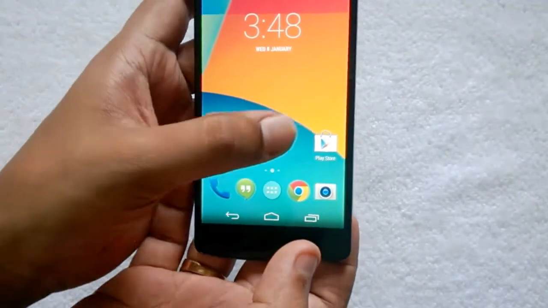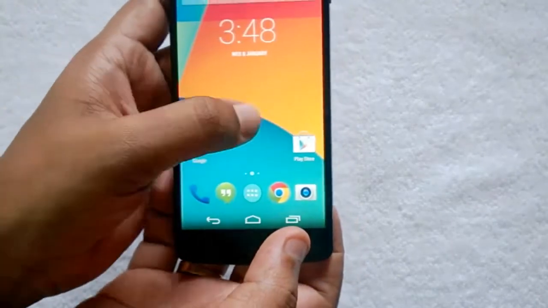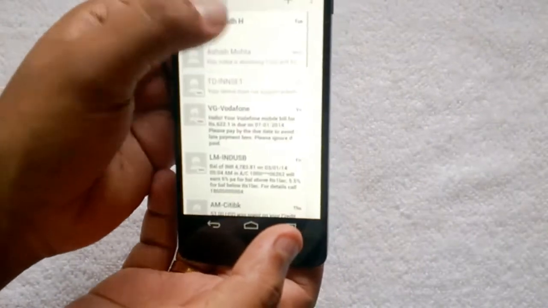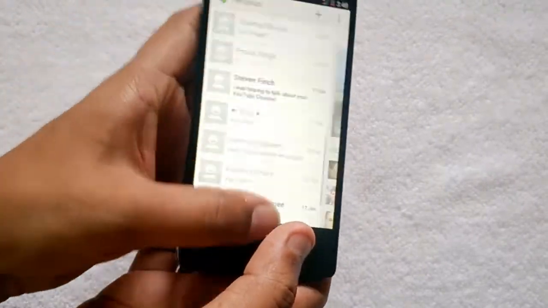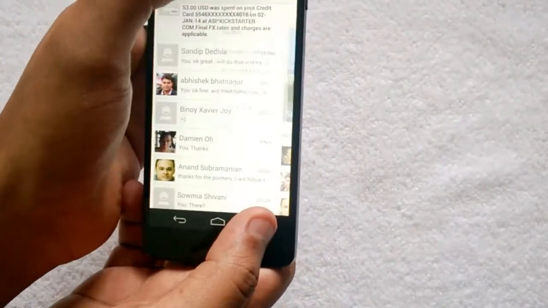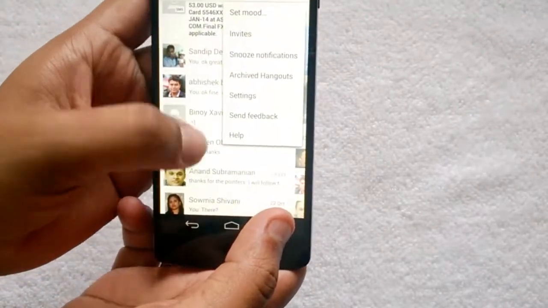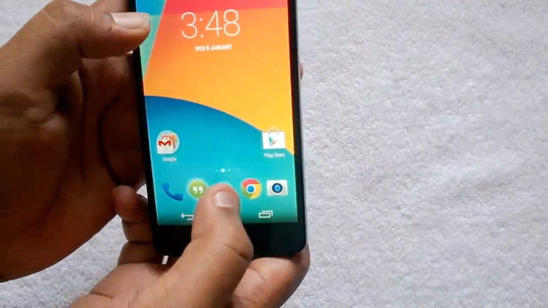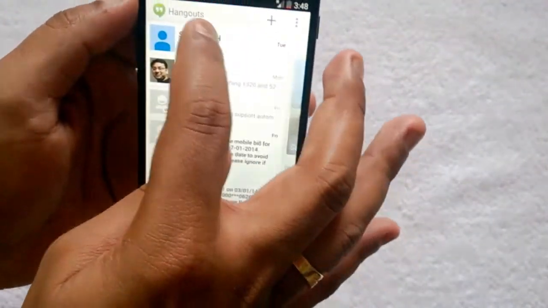So that's another change. Then you can see that there's Hangouts. Hangouts has been combined with your SMS messages. You can see here the option that they both have been combined, and you can view all your messages as well as chats from here.